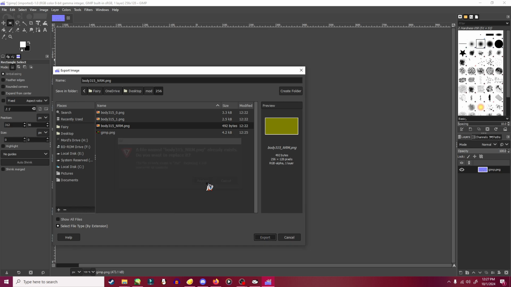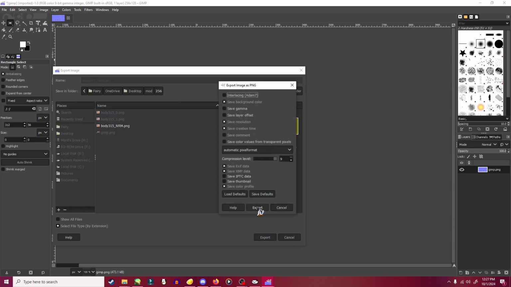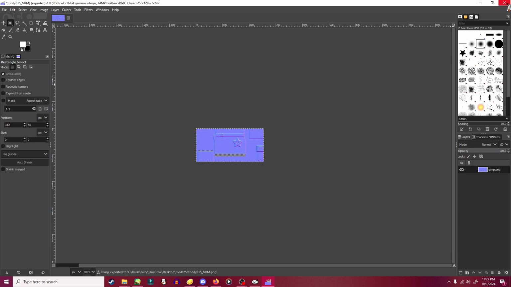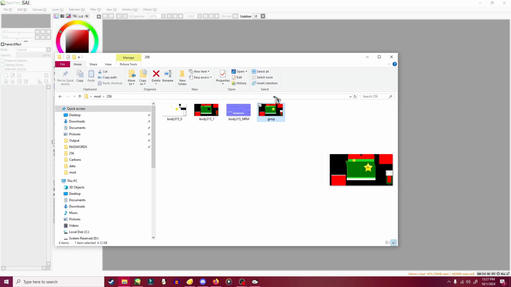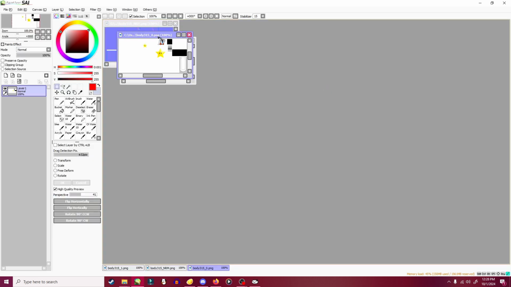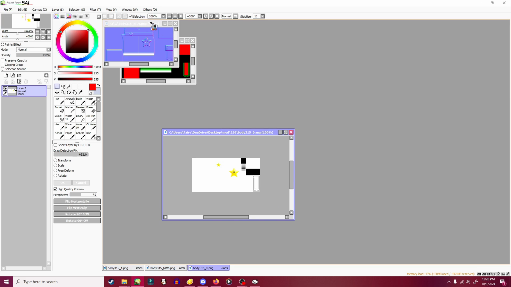Just export it, replace, and go ahead and export that. And that's all we need GIMP for, so bye-bye GIMP. Discard changes. And now I don't need this GIMP file anymore, so I'm going to get rid of that. I'm going to drag all 3 back into our program because now we need to make sizes